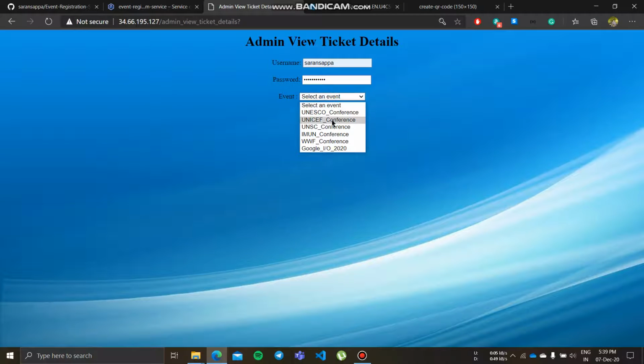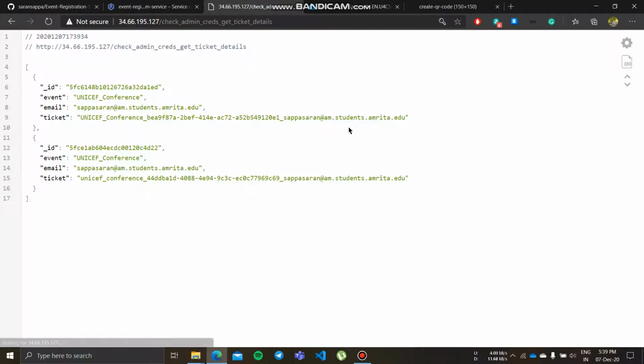So if you see in the UNICEF conference event, there are two entries. The above one is the old one which I did for testing, and the below one is the latest one we did. See here, the unique ID is generated for the database, and since it is MongoDB, it generates its document ID, and the event name is UNICEF conference, we selected it, and the email ID is given.